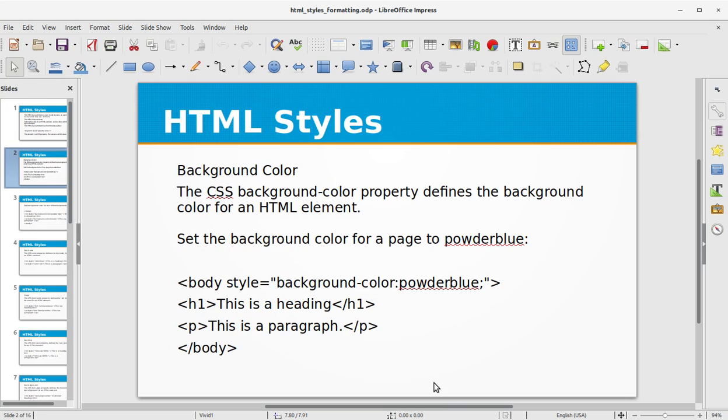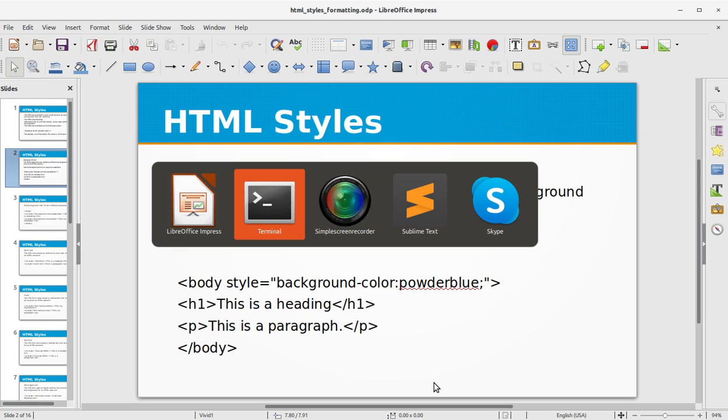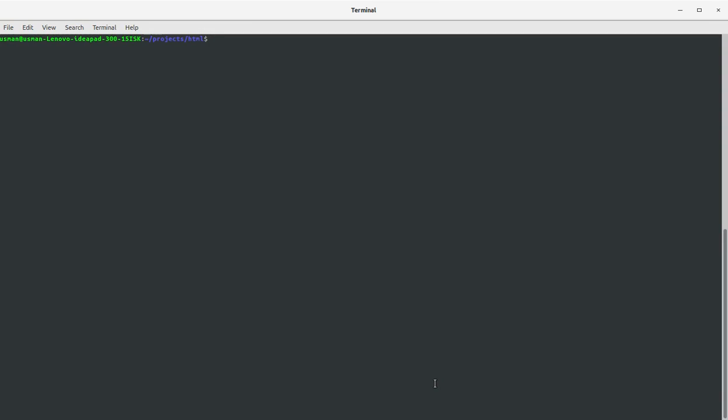Let's see our first example, that is background color. The CSS background color property defines the background color for an HTML element. So let's set the background color for a page to powder blue. First of all, let's create a project file. So let's say HTML